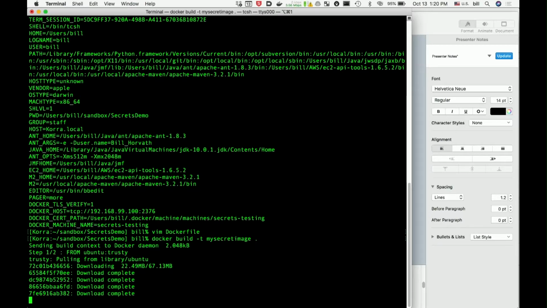Yeah. I guess if you shell into the Docker container itself, would you be able to read what's in the secrets directory? Yes, indeed, and I will show you how to do that. There's a command called docker exec that allows you to execute command lines inside the container.